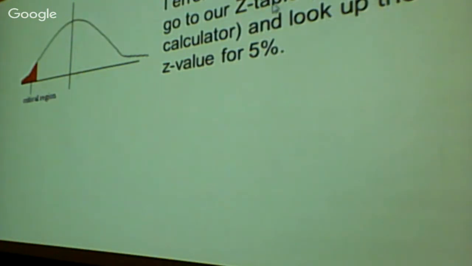So we go to our z tables. In the back of your book, you will find z tables. Or you can look up the z value in an online calculator, and I put a link on these slides. So what z value corresponds to 5% of responses? Well, minus 1.64. That means minus 1.64 standard deviations from the mean is where I begin to find this region